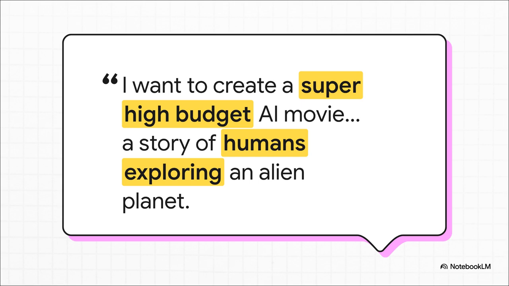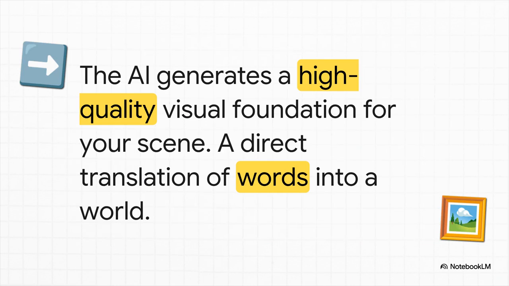A lot of creators are now using tools like ChatGPT almost like a creative partner. They'll start with a big idea like humans exploring an alien planet and then ask the AI to write out these really rich, detailed cinematic prompts for every single scene. Then you take that awesome prompt, you paste it into Video Express, and bam! Within seconds, you've got the visual foundation for your scene. It's kind of this magical feeling, watching your words turn into a detailed picture right before your eyes.